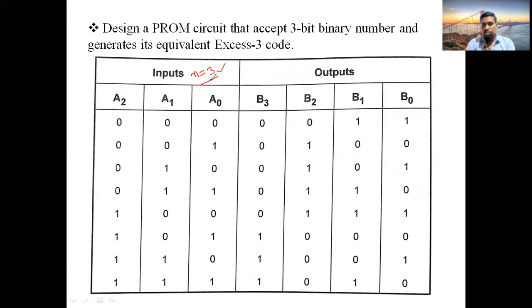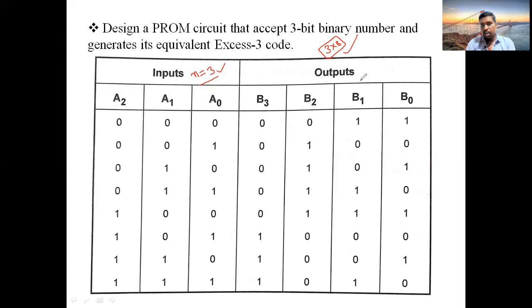If n is equal to 3, substitute it in the decoder format, n into 2 power n, and you will get 3 into 8 as the answer. Therefore, for this current problem, a 3 into 8 decoder is the appropriate one. The 3 into 8 decoder is the one suitable for us.